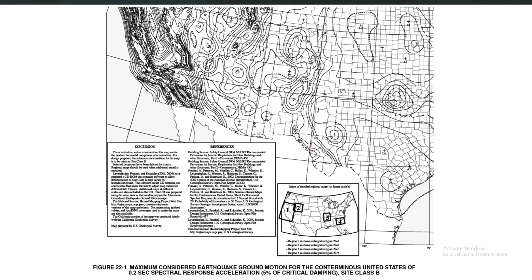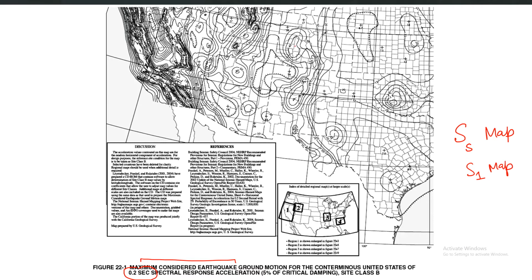So for example here you can see this is the hazard map of US, taken from IBC, and you can see here that these are the MCE level ground motions, and they are not PGA values now, they are the spectral acceleration at 0.2 second. So they are basically SS values. So now we don't have the PGA map as the hazard map in our building codes, we have the SS map and also we have the S1 map. I will show you the S1 map in the next slide.